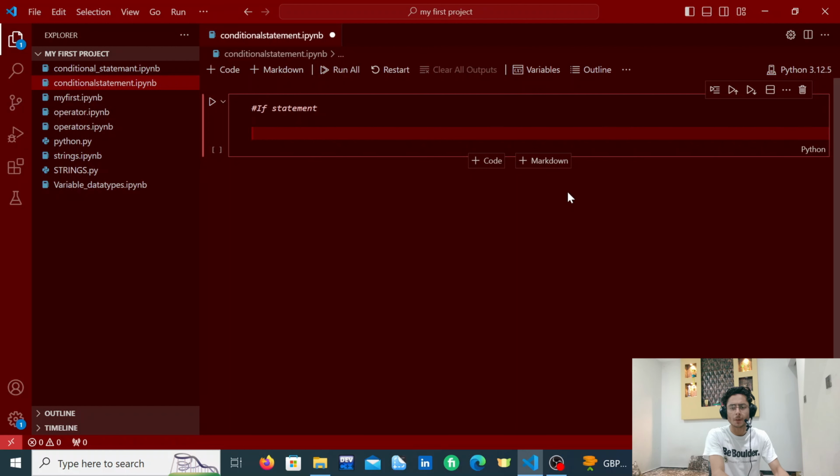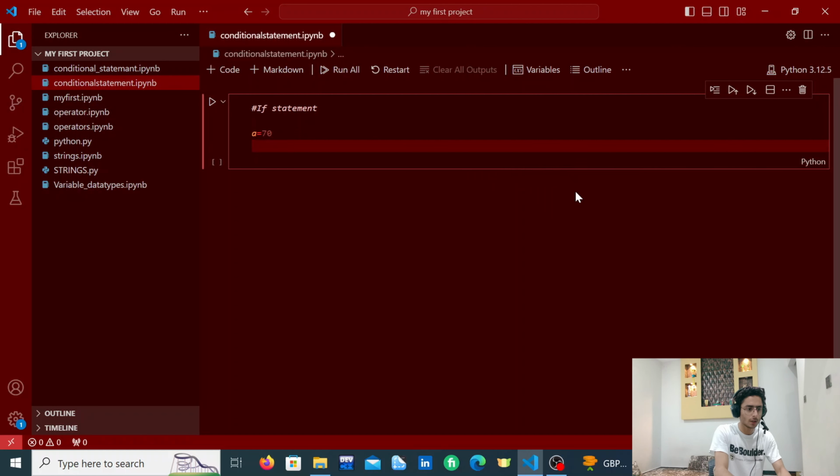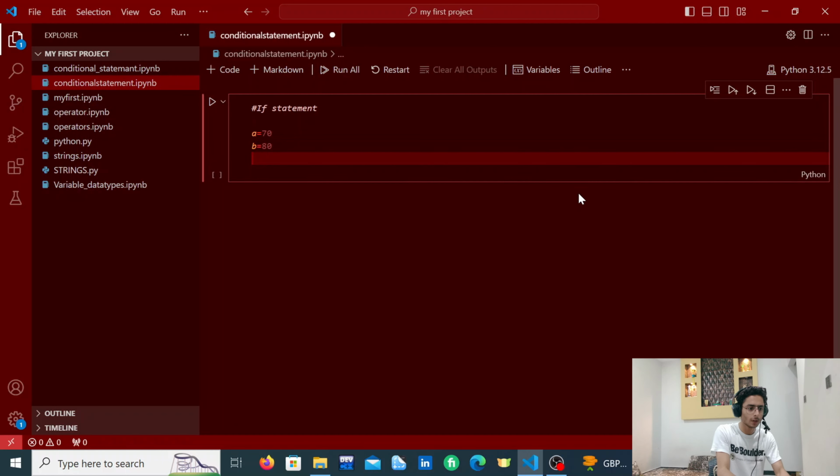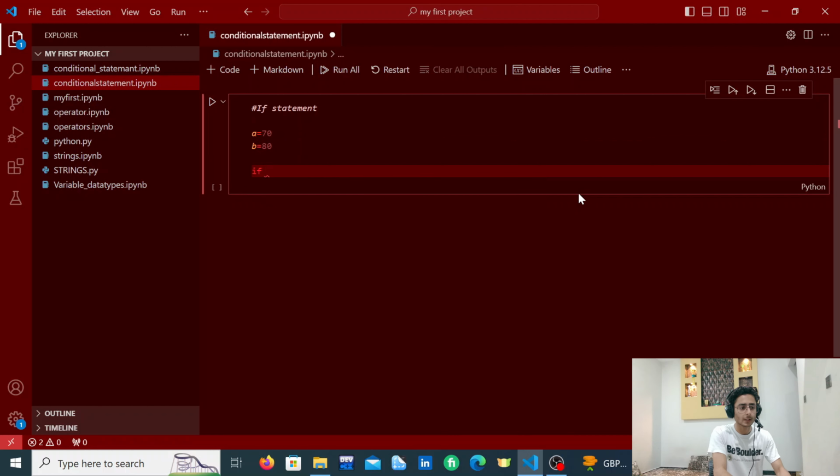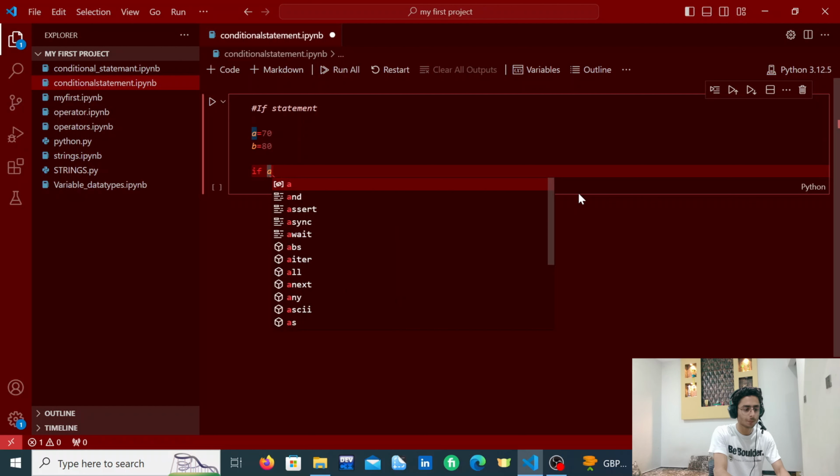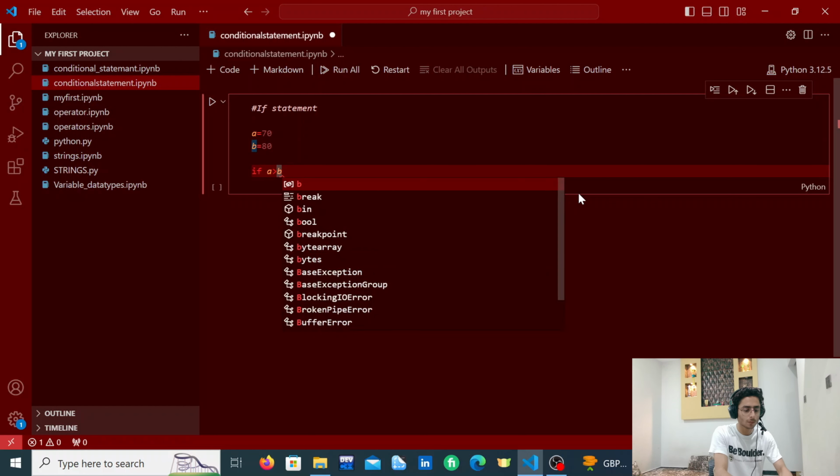The if statement is so simple. If the condition is true, you will have to just execute the beneath code. If I say, for example, I have a variable a is equal to 70, b is equal to 80, and then I write a condition, for example, if a is greater than b,